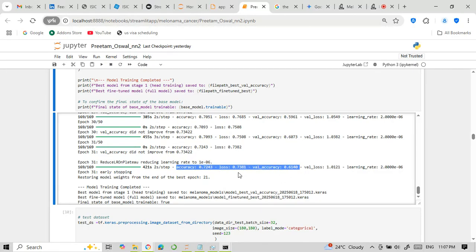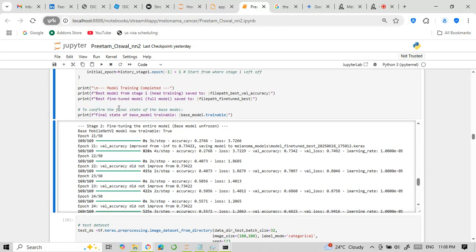Even after all these things, the validation accuracy is not that great. We would want to go to an accuracy of 90%. I feel that the number of images for training this model were far too low, so that could be one of the reasons that it is not able to train well. If we get more data, more quality inputs, the model should be able to learn better, because overall the architecture